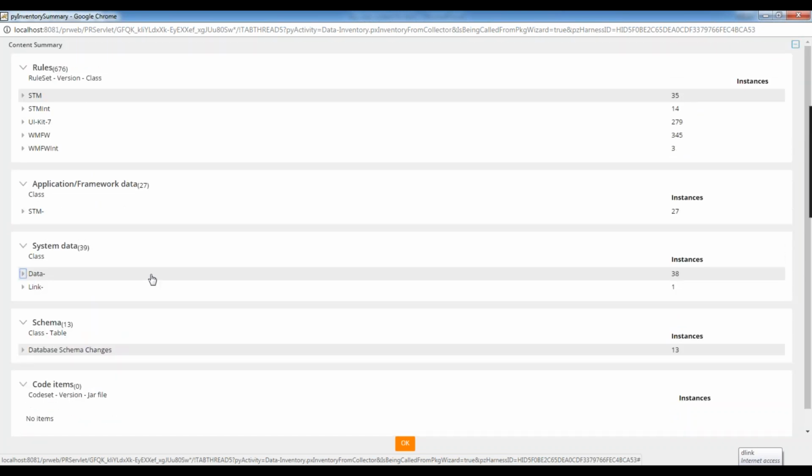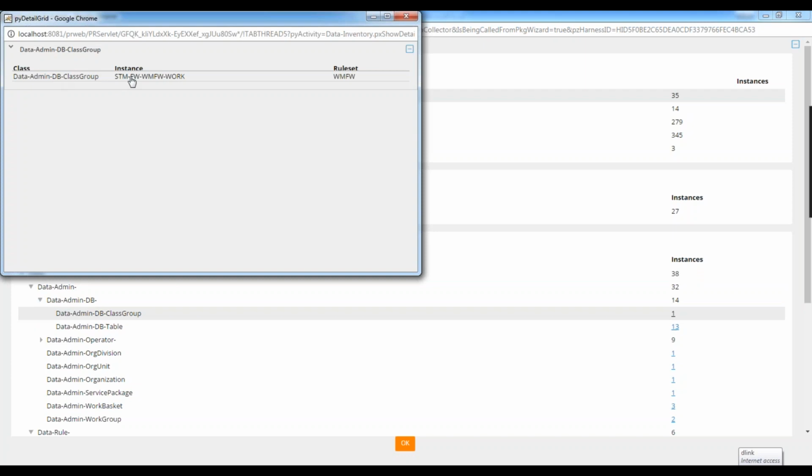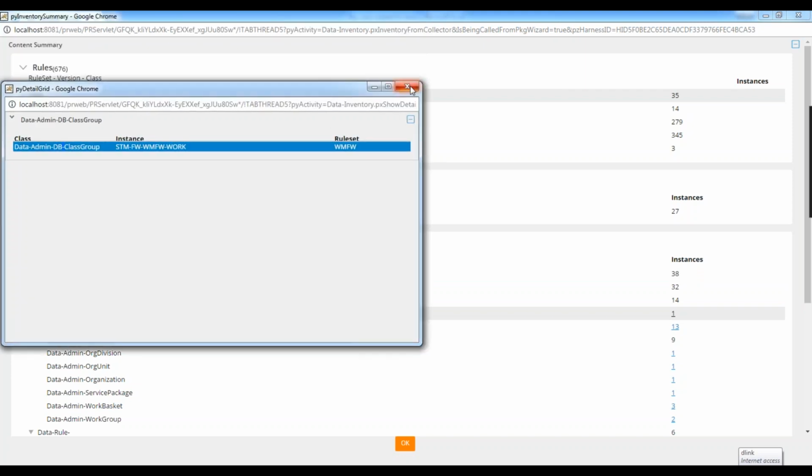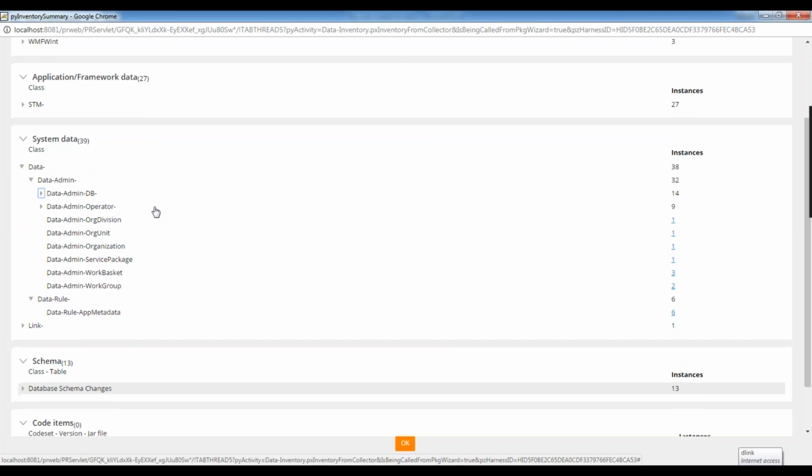Subhash, so sometimes data instances may not attach with the rule set. Yes. So why do we do it? So what about the associated data rules? It's something like a concept to attach the data instance. That is a good question. Basically, if you want to attach any data instance, just open the instance. Let's say this is the data instance. If you run this tool, automatically it will be attached.